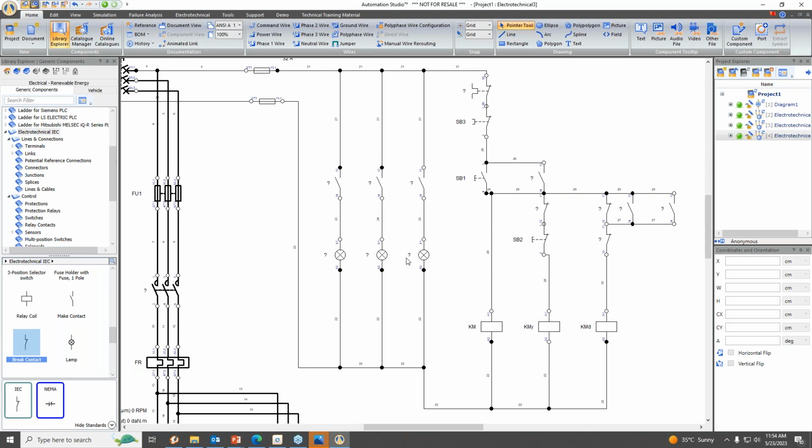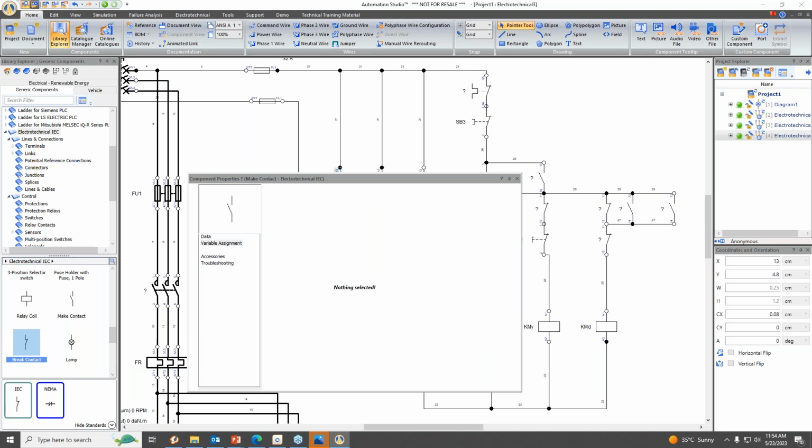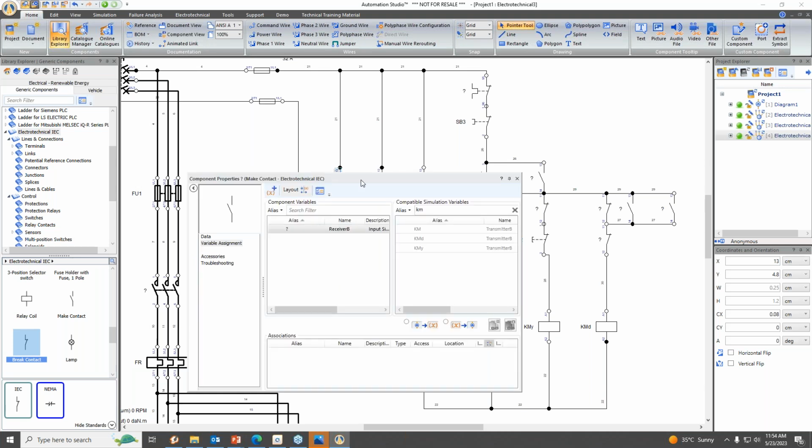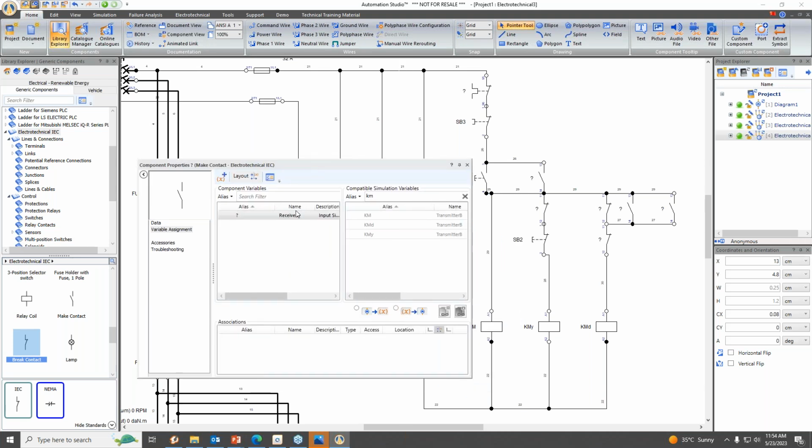So we will start with the make contacts over here, which are connected to these three indicators or bulbs. Now you can see there is a question mark on each of these make contacts. So we have to variably link this make contact to this relay coil. If you double click on the make contact, you will go into the variable assignment section and you have to search in the alias section over here. So if I search KM,